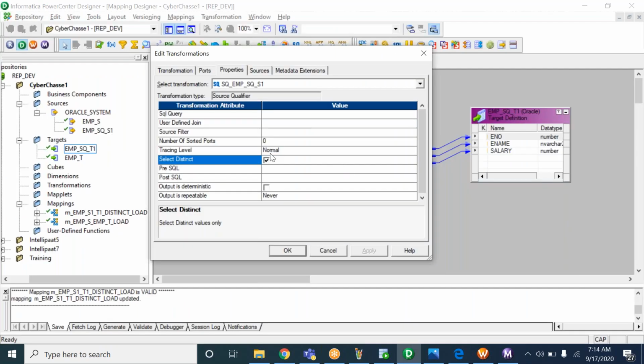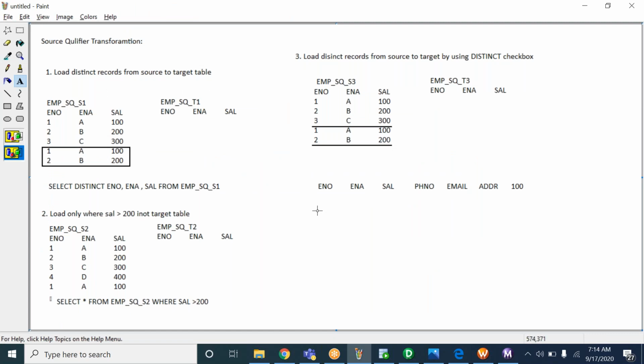Then what do we have to do? Do we enable the Select Distinct checkbox, or write a query like this? We need to write a query with whatever columns we want to select, from the source table. Now this query will do the distinct on specific columns.